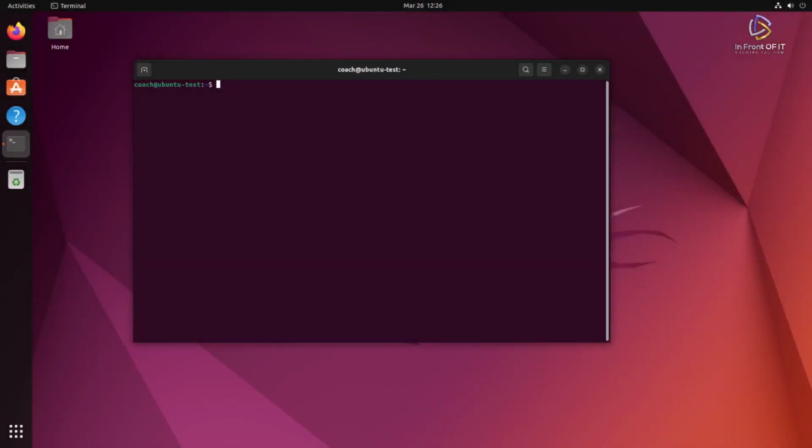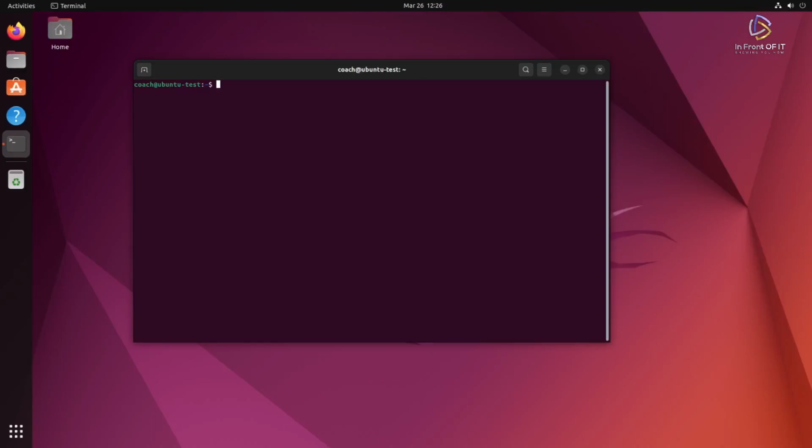Welcome back. In this video, we're going to be going over an install of Portainer on Ubuntu. Portainer is a graphical interface, web-based, to allow you to manage Docker. In a previous video, I went over a Docker install on Ubuntu. So if you don't have Docker installed, you can refer to that video to do an install and then come back to this one. But Portainer allows you through a graphical user interface to be able to fully manage Docker,